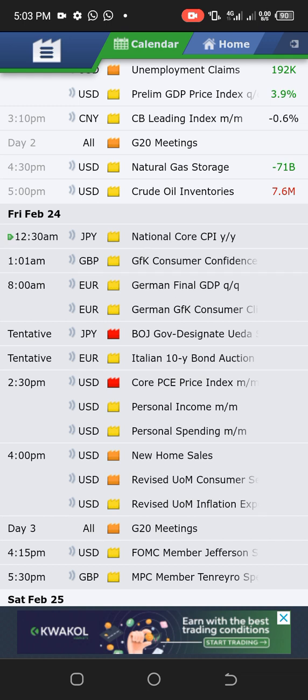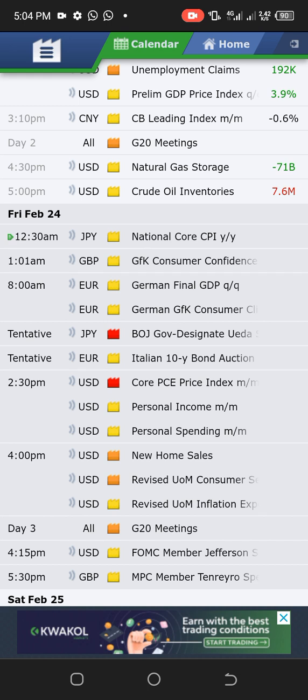So what does the time mean? That is the time the news is going to be released. These are the different times the news is going to be released. Then aside from that, by the side, you also see different currencies. You can see the JPY, the pound sterling, the euro, and different